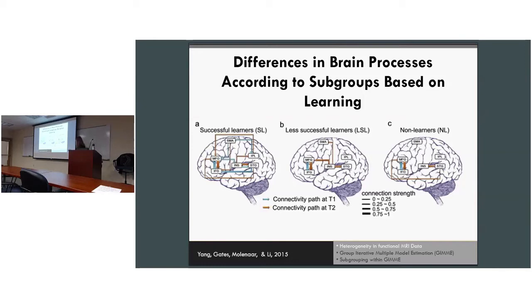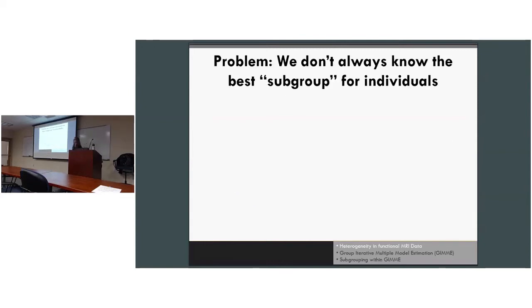And then what are the markers of successful learning for learning a new language, and this is Cantonese. But the problem is that we arbitrarily place those people into subgroups. We place them into subgroups based on performance, much like we, as science, place people into subgroups based on gender, or age, or diagnostic category. And these are all arbitrary dimensions, because you can place people into subgroups based on anything.